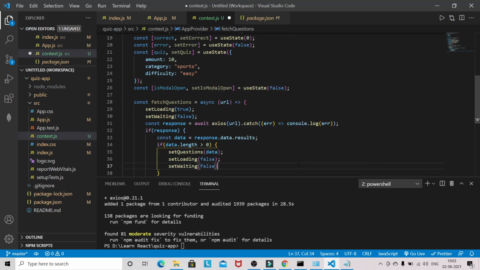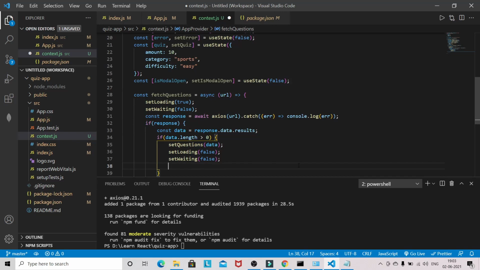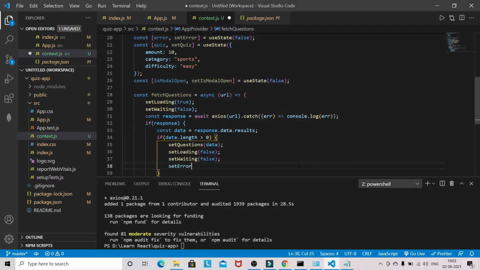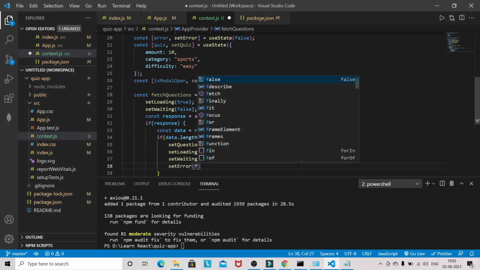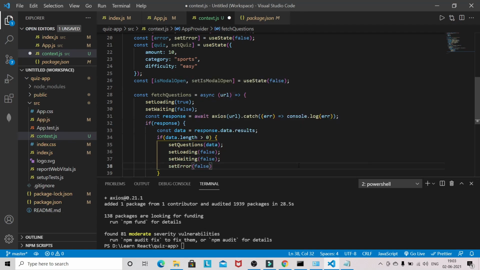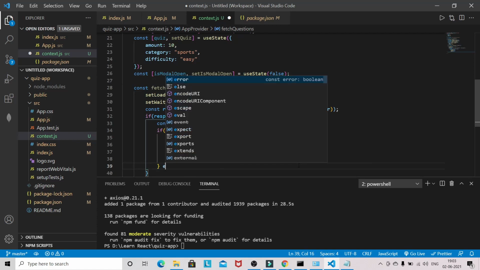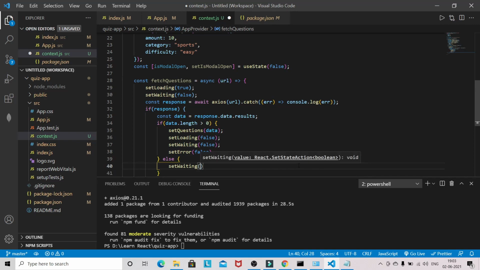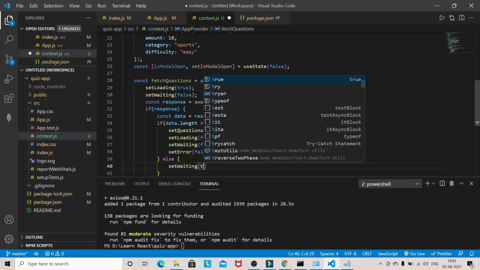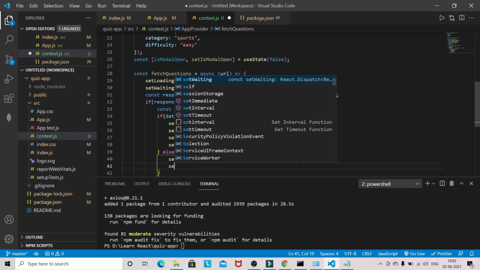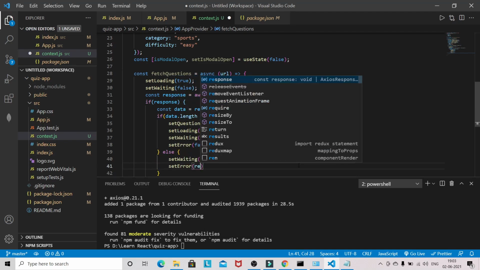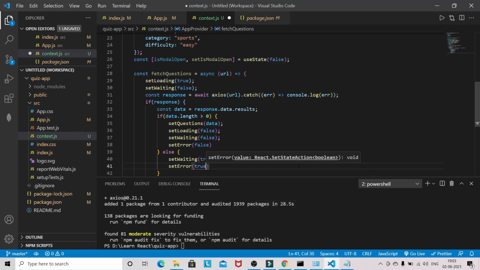Okay, and setError will also be false. Okay, else setWaiting to true, and setError will also be true.